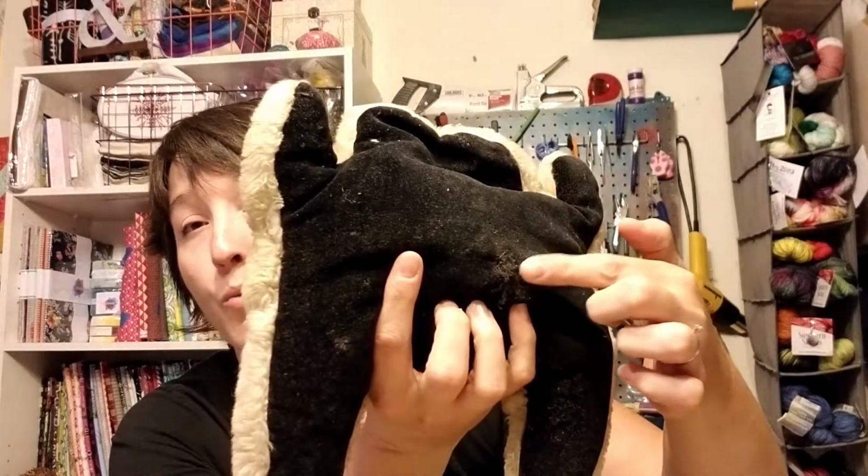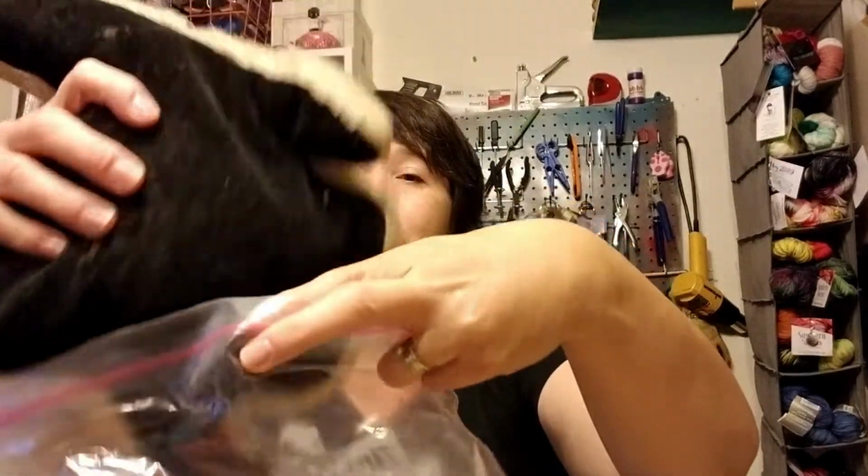And it started getting a little hole. It's just a hole that wore into it. And I stitched it up, but they've started to degrade in there. You kind of hear them. So that's why I keep it in here, because you can see some of the stuff in the bottom of the bag. Just to kind of preserve it